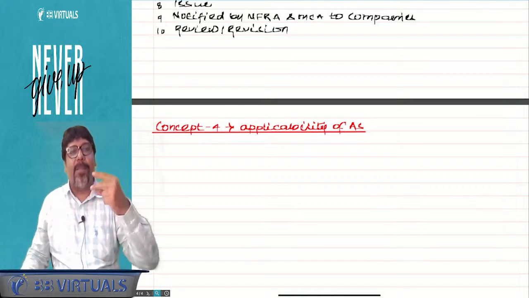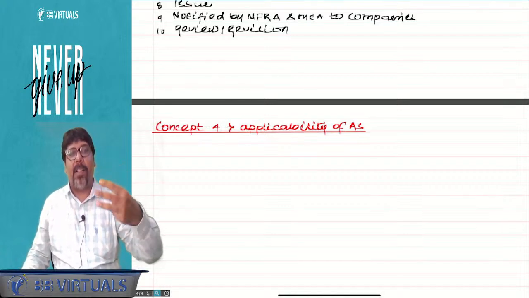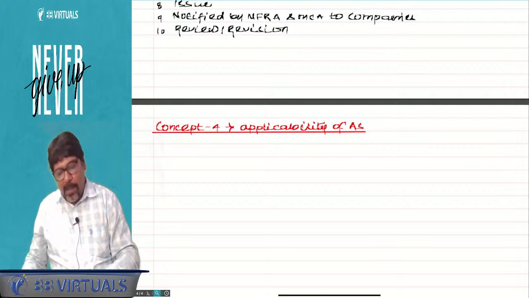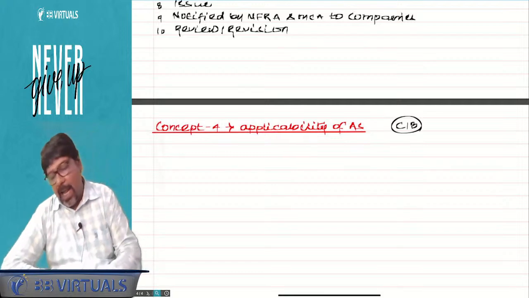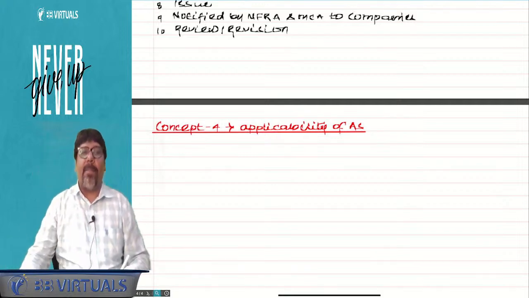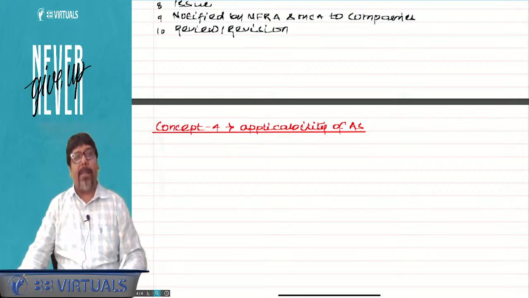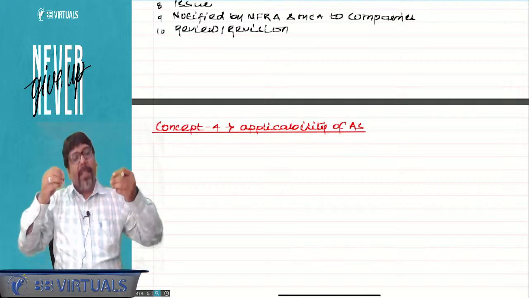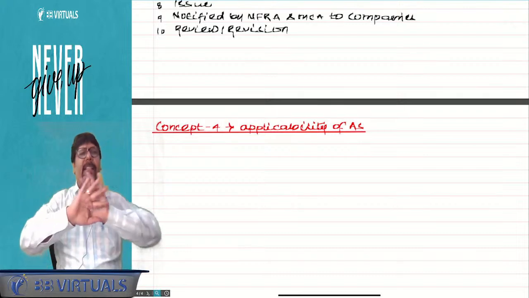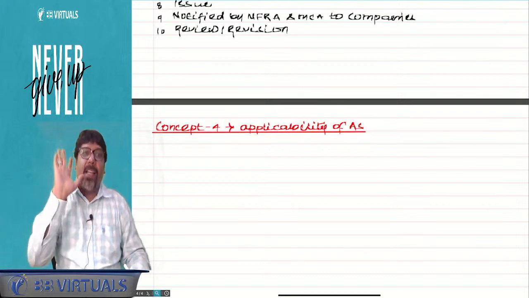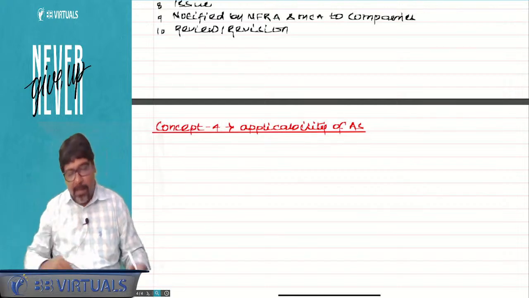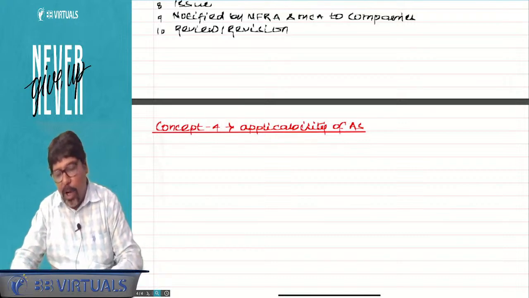Any organization which is involved in commercial, business, or industrial. CIB: commercial, industrial, or business activities. Am I clear? So it is applicable on individual or enterprise. Any enterprise which is involved in commercial, industrial, or business. Whether their motive is profit or not profit, that is out of the question. Chartered, it is applicable on all the organizations which are involved in commercial, industrial, or business activities. Clear?